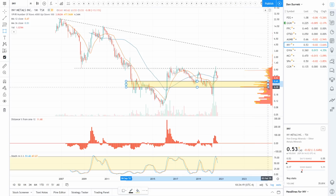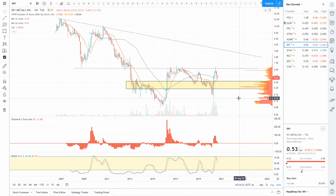It doesn't mean this is going to keep going down, but you want A++ setups. You want to get them once they're starting to turn upwards, right? You don't want to lock in your capital in a stock that needs 1, 2, 3, 4 months to start turning around, breaking out. You want to get those that are really starting to turn up. Either that broke out and are pulling back, and then they've already proven they've broken out in simple correction. But this one has not proven that it broke out